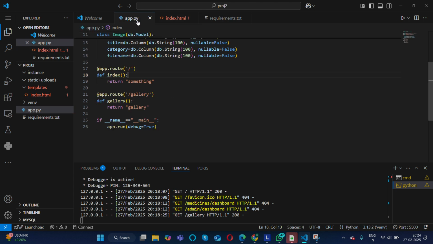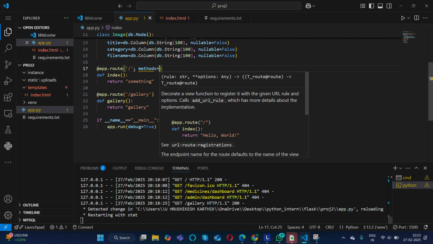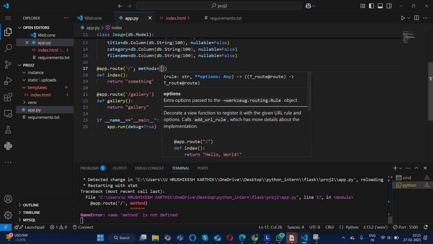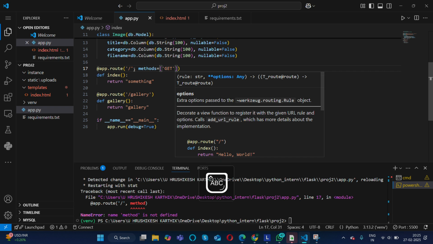I'm not having any other file inside the index file which does this, so we should also specify this as post. Both get and post.